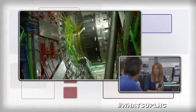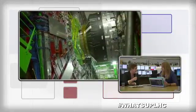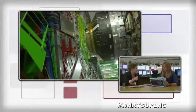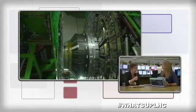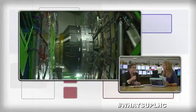Yes. Well, certainly one of our searches is for dark matter, and how we look for it is we look in our event displays for missing energy. And if we can't explain that missing energy with, for example, a standard model particle like a neutrino, then we have to scratch our heads and try and understand what it is. It could be dark matter, or another thing is we look for processes that,